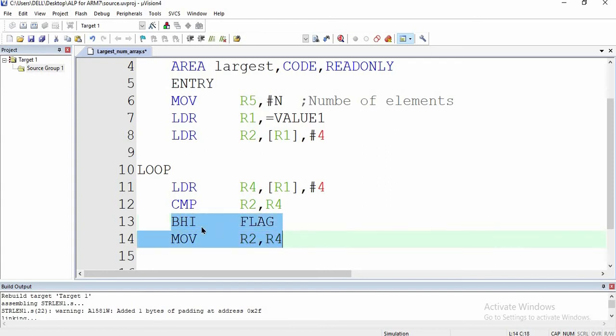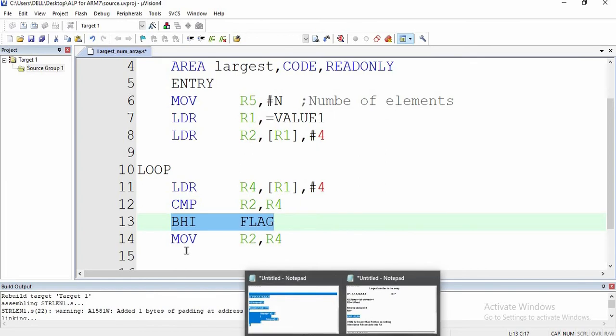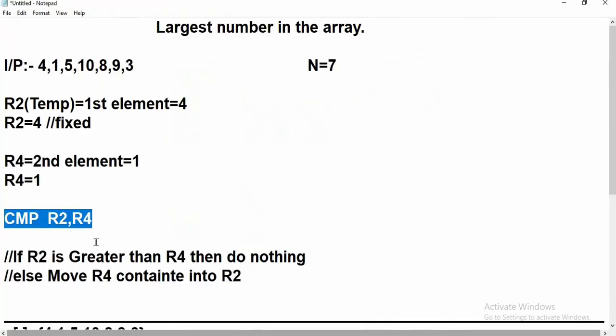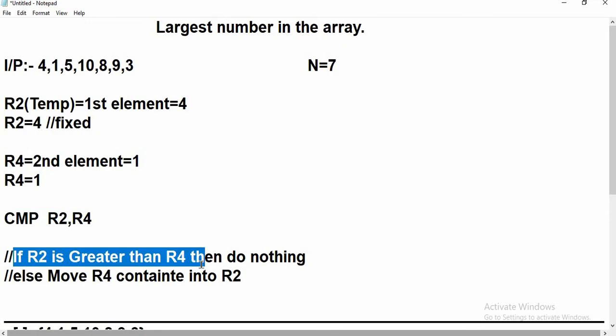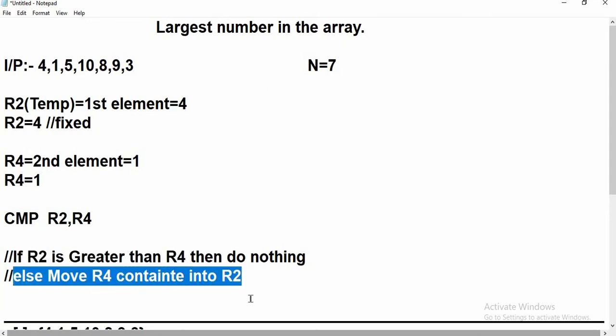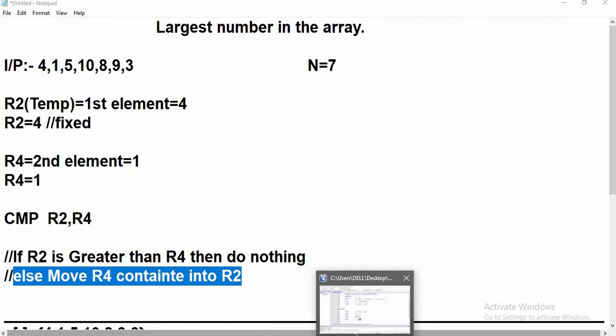If R2 is highest, I am going to branch. If R2 is not highest and R4 is highest, I am going to move R4 into R2. Like, if R2 is greater, then do nothing, else move R4's content into R2. So I have done that.